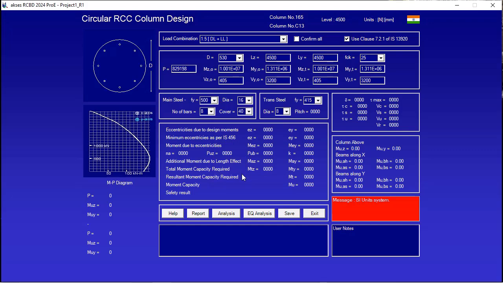We also have axial load P in the column, bending moment MZ at the origin, bending moment MY at the origin, bending moment MZ at the terminal, bending moment MY at the terminal, shear force VZ at the origin, shear force VY at the origin, shear force VZ at the terminal, shear force VY at the terminal, main reinforcement grade, bar diameter, number of bars, cover to the reinforcement, grade of stirrups steel, stirrup diameter, stirrup spacing, eccentricities due to